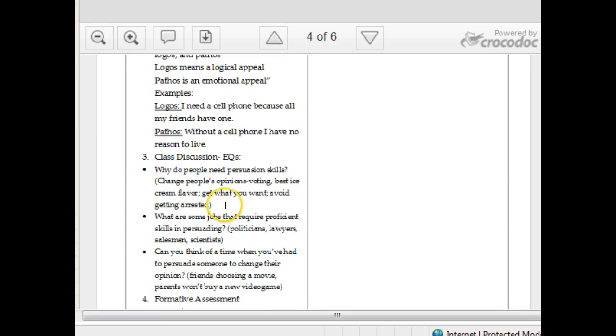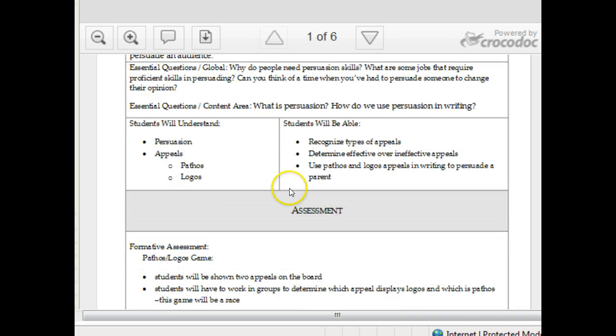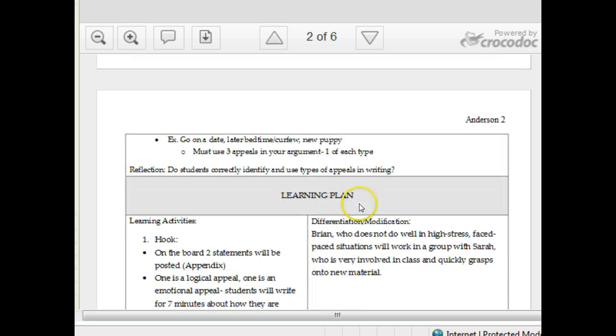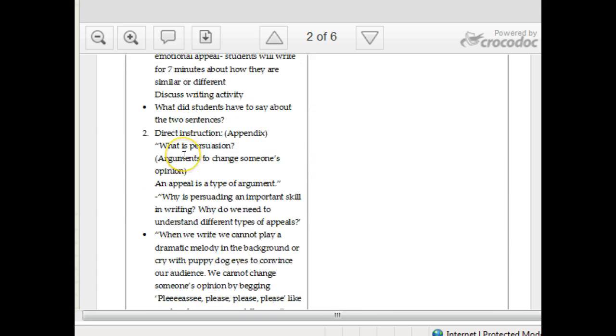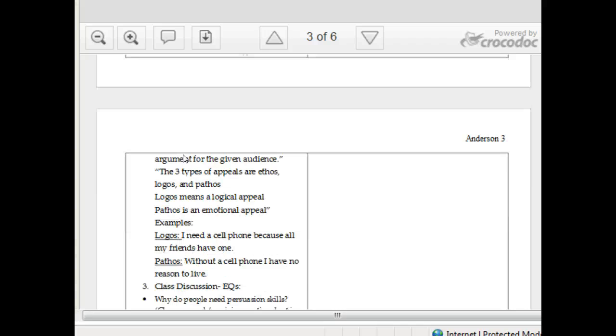Now I'm going to scroll all the way back up. So you put in here recognizing types of appeals. You definitely have that. Here's two: identify. You have used pathos and logos in writing to persuade a parent. You have that. Here's the one I didn't necessarily see: determine effective over ineffective appeals. So someplace in this lesson plan, after you've had them experience and label,